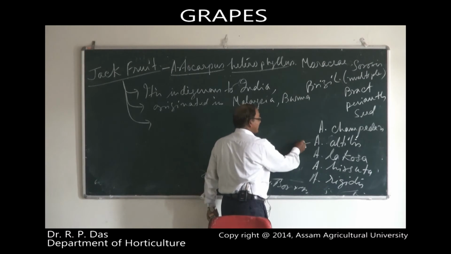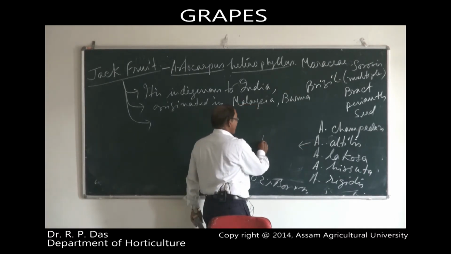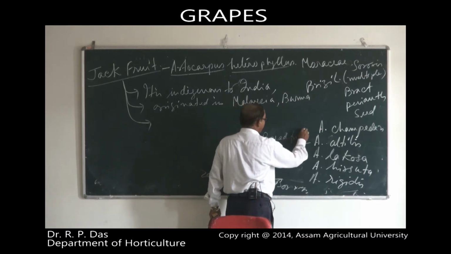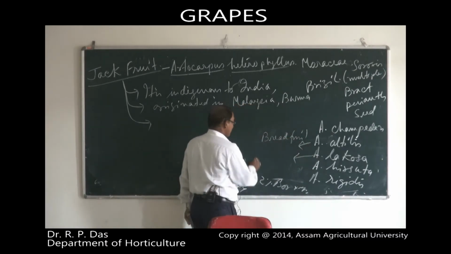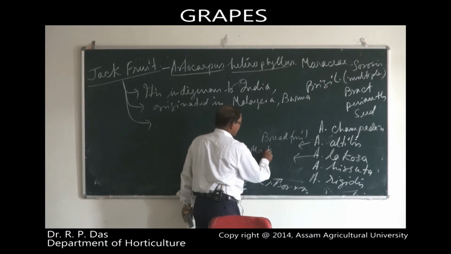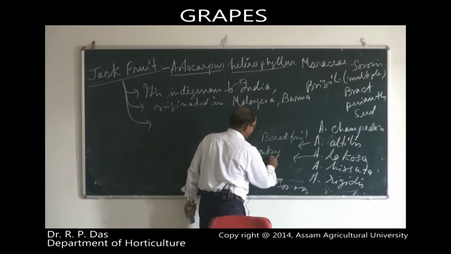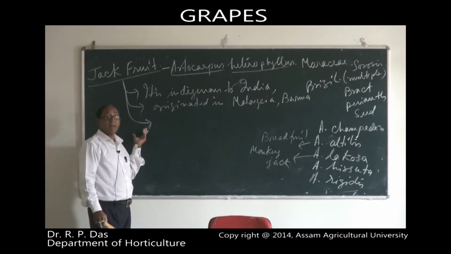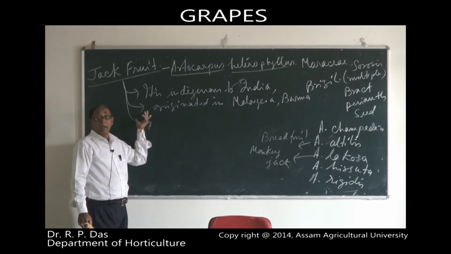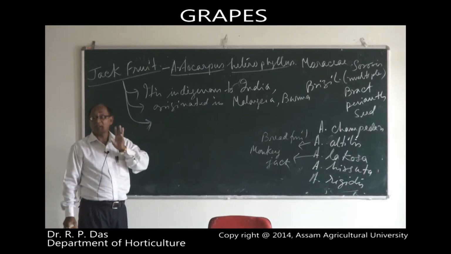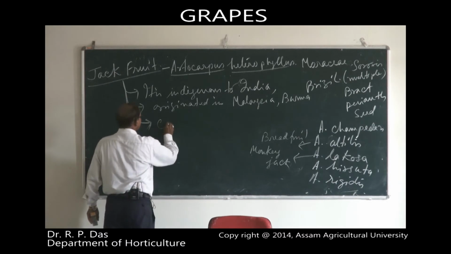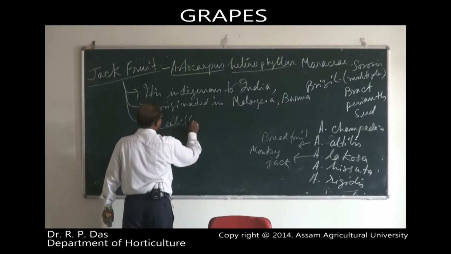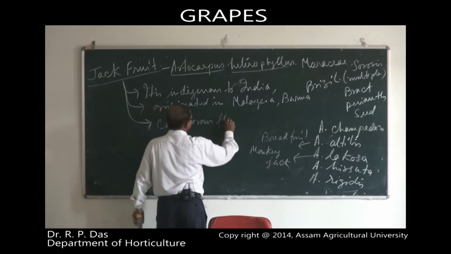So, Artocarpus altilis is known as breadfruit. Artocarpus lacosa is known as monkey jack. It is an evergreen plant, producing cauliflorous flowering nature. Cauliflorous flowering nature